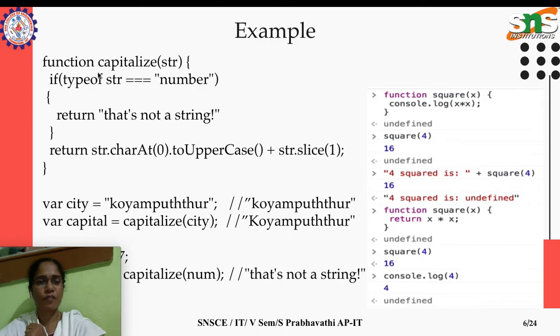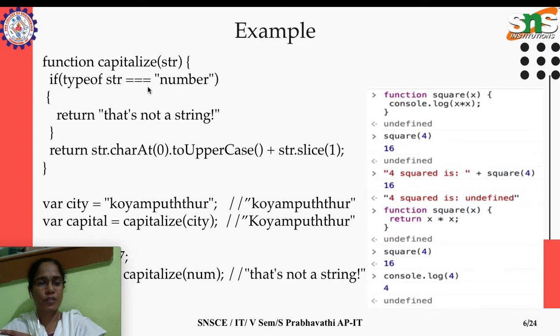So typeof string, triple equal to, is strict equality. It means the data type should match, not only the value. For example, 5 within double quotation, double equal to number 5, will match the value but won't match the data type. The first one is a string and the second is a number, so in that case auto conversion takes place in the equality operator. Here we are giving triple equal, which we call strict equality.